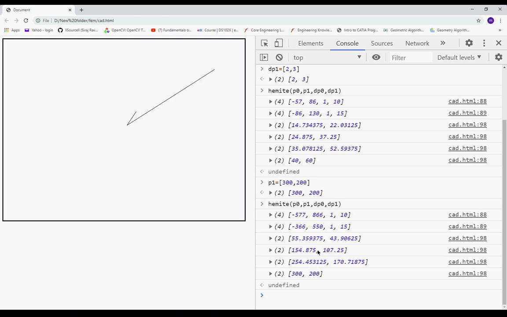So this is the line that is coming only, 300 comma 200. So there must be some problem in the line command.